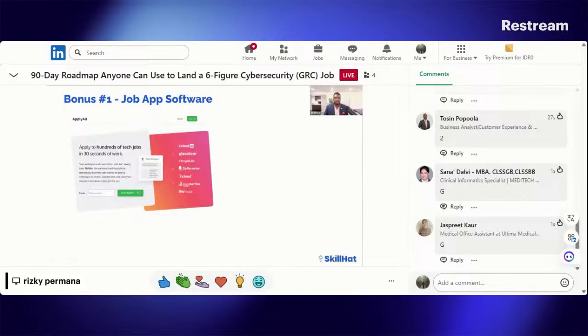So we noticed this was a gap. And in fact, I'll tell you a story. The last six-figure job I got, 150K, a while ago, I didn't even apply for the job. I hired my ex-girlfriend's best friend's brother, let's just say some lady's brother in Nigeria, as a virtual assistant. And like, dude, I'll pay you $100. I'm too busy at work making money. Just apply for jobs for me. I gave him my resume. I told him to apply for these jobs. And I was just seeing emails of, oh, you have an interview coming up. I'm like, this is incredible. Why is no one doing this? $100 a month gave me many hours back.